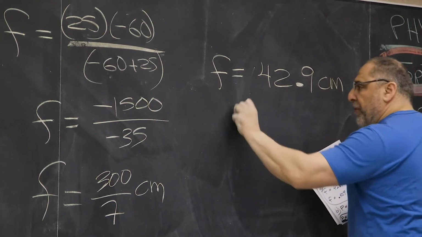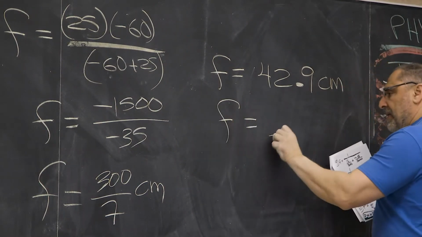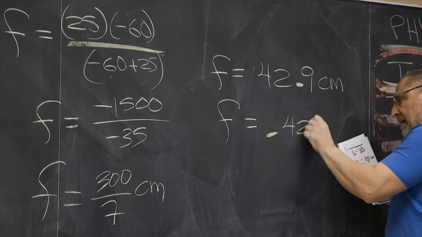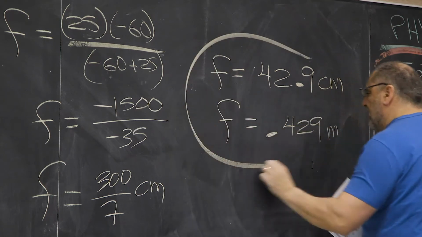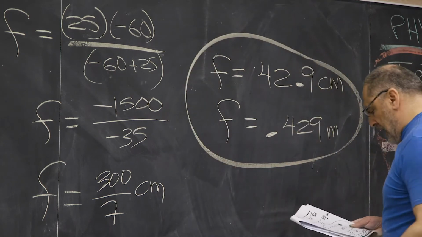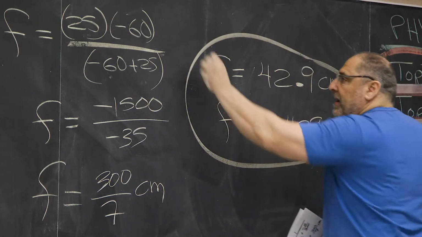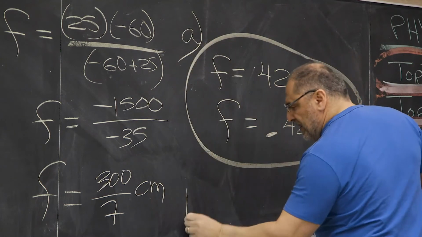0.429... 42.9 centimeters is the focal length. That's 0.429 meters, the same thing, just different units. And that's A. As far as B is concerned,